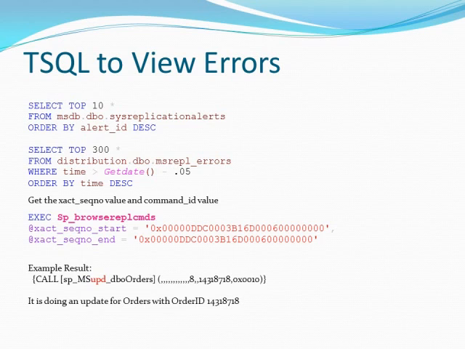And basically, there's this exact sequence number that comes with that error number. You just put both of these parameters into sp_browsereplcmds, and it's going to show you everything in that batch that's going on, ordered by the row number. So your error might even say the error is on row number 5. You just find row number 5 in this big batch that comes out of the repl commands, and of course it comes unordered, so you have to search for it. But basically you can see there's a primary key ID in there somewhere, because it always needs that. And then from there you can determine